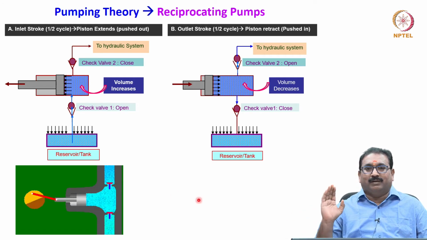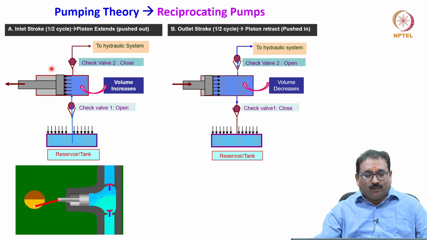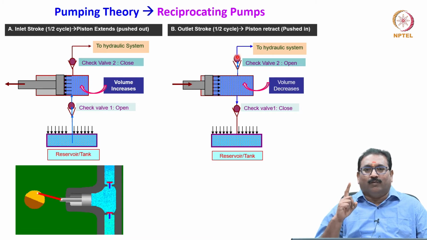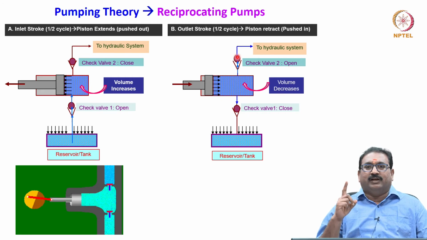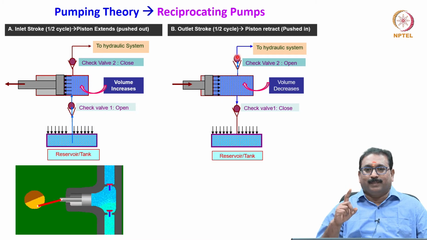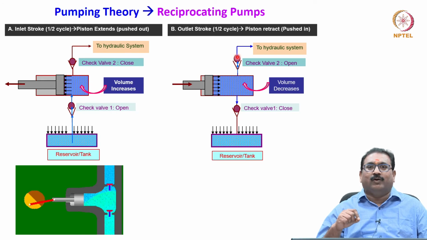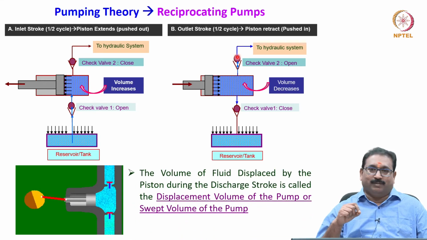It is very simple. Please understand, when the piston is drawn out, the volume increases, meaning suction is taking place. When you push it in, volume decreases, meaning discharge is taking place. The increasing volume and decreasing volume are very important in hydrostatic pumps, which determine the suction and discharge of fluid. Similarly, we will now see, friends, this increasing and decreasing volume in the case of rotary pumps.